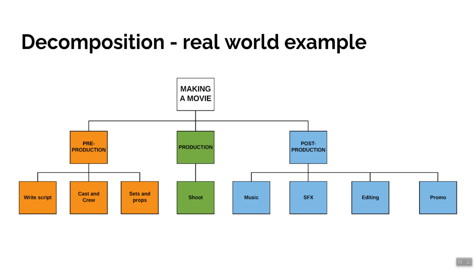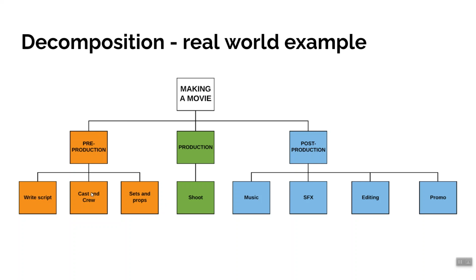This is how I might break those down further. And you can see that I've broken down each one of these into differing amounts of subtasks or smaller tasks. It's not to say that this is a correct solution, but it's an example of how it might work. So I might decide that before I can do pre-production, I'm going to have